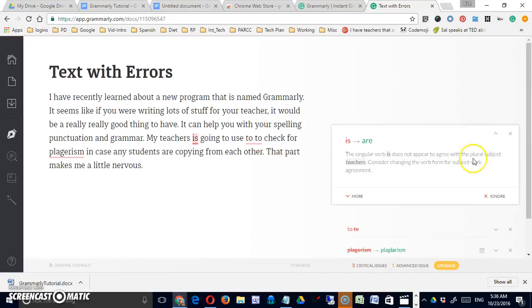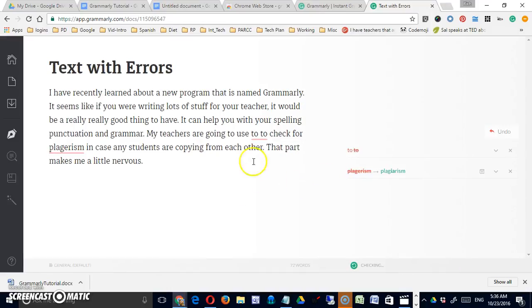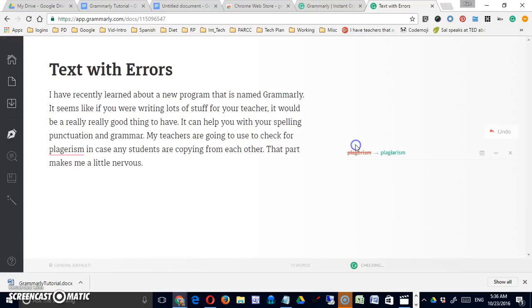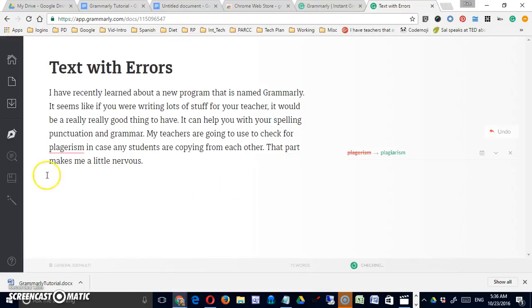Here's one. It's finding a subject-verb agreement problem. A duplicated word, which happens more often than you think. So again, I can click on that and do the substitution. Great tool for students to clean up their work, but